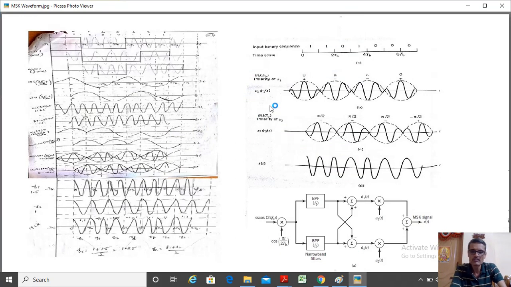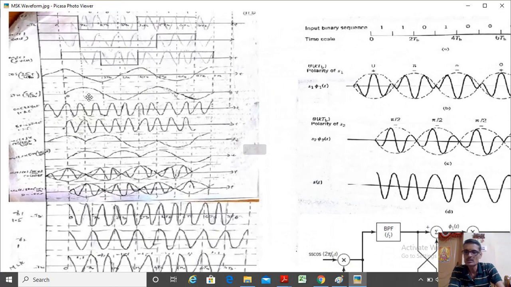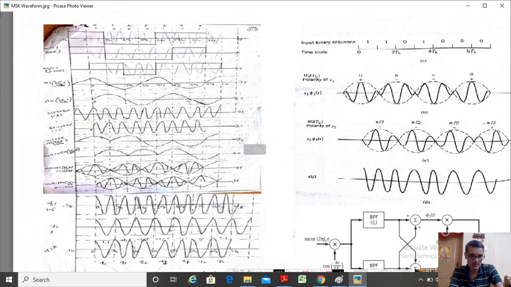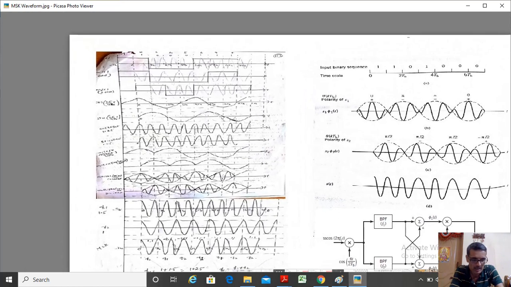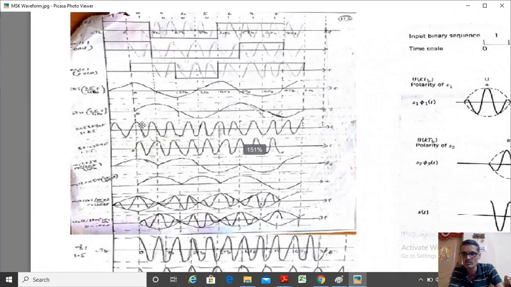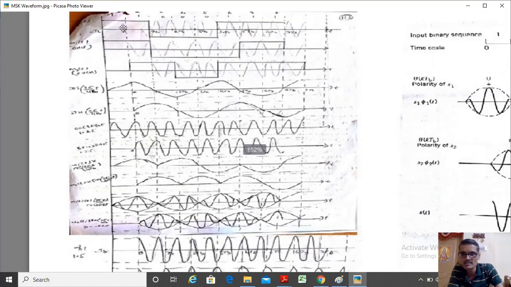Okay, now this is the waveform representation of the MSK. This is the waveform given in the textbook by Simon Haykin. This is what I have done. It may not be very clear, but I will explain it so that you can understand. See, this is a diagram I have taken for reference purposes. I said this is an even sequence, this is an odd sequence maybe. So I have an original sequence over here, similar to QPSK. This is the original information sequence. I represent this as an odd numbered sequence and an even numbered sequence here.